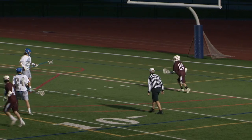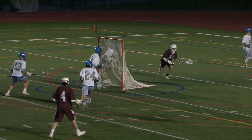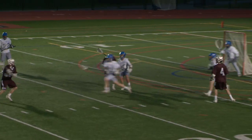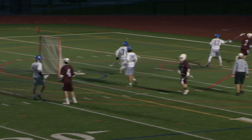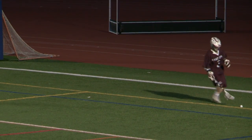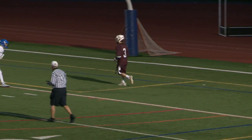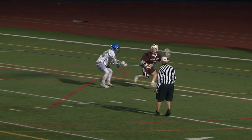41 seconds here. So McCoy's being marked now by Bars, who's a pretty good defender in his own right. Across the middle, shot wide by Bogashevsky. Good look that time. But yeah, the strategy of lacrosse, a different matchup now. They're taking Williams away and putting a good defender on McCoy to try to take away the best options for